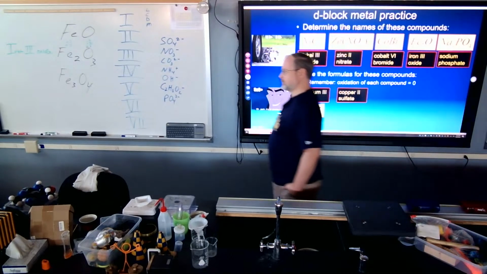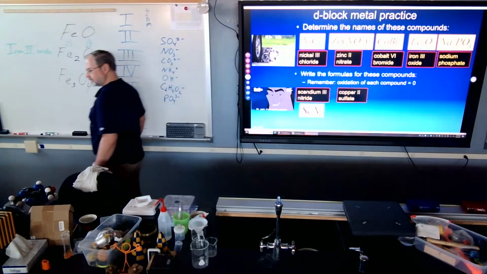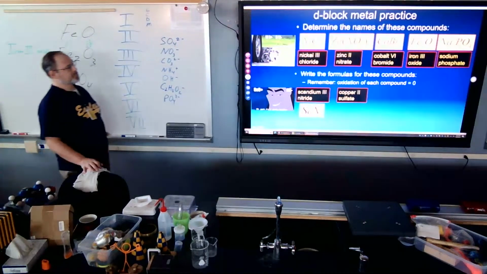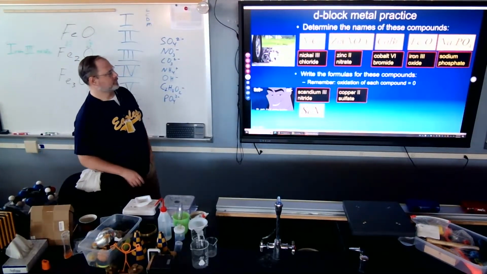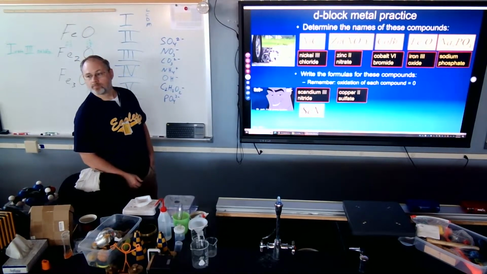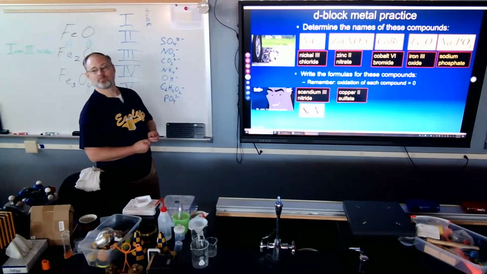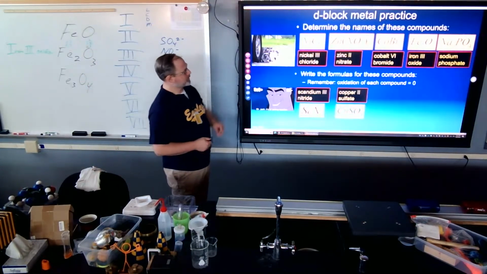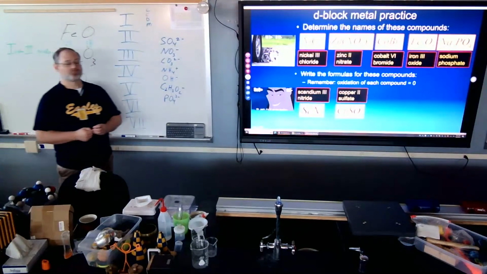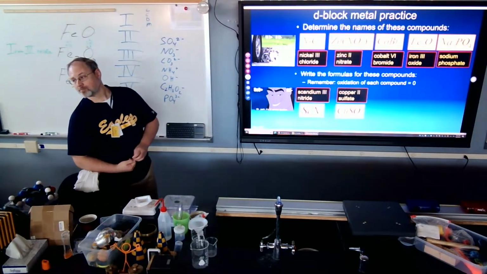Copper sulfate. Copper has a charge too. It's just one. Copper. Sulfate is -2. Cu. Yeah. Dude, I keep forgetting that. Oh, it's not just sulfur. Sulfate. So it's SO4